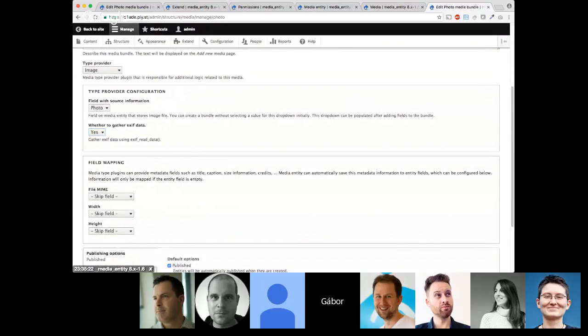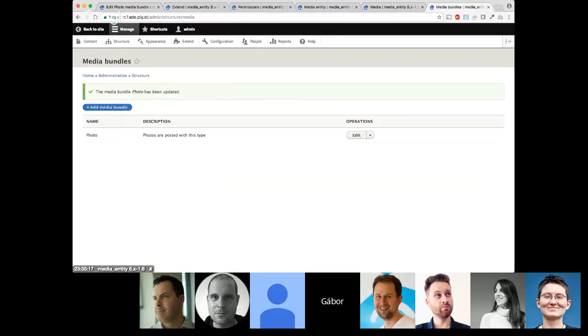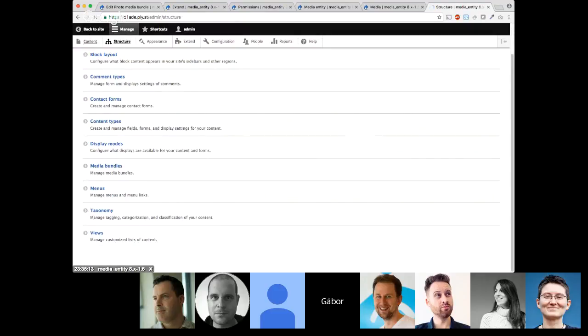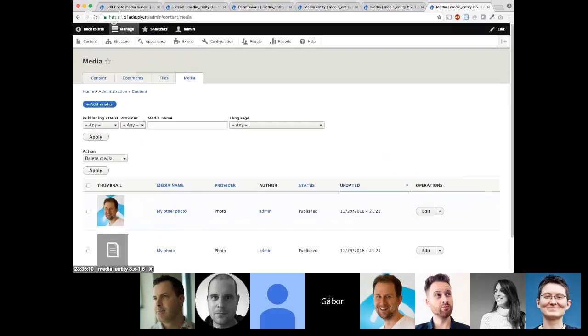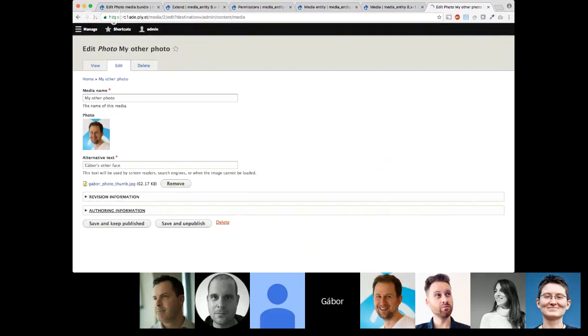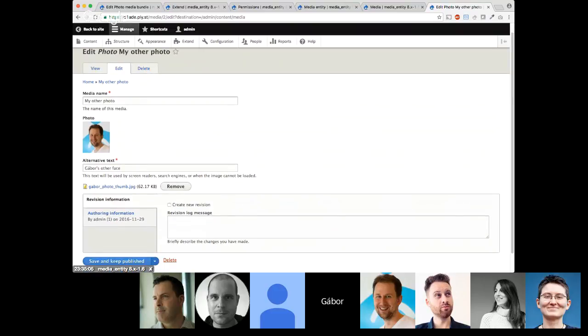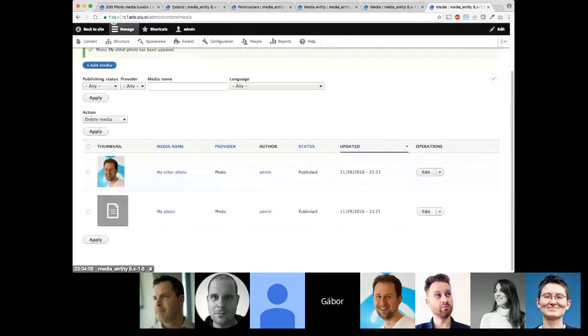Yes, collect EXIF data, and nothing happens. And then you say save media bundle. And then you go edit your content, and nothing changes there either. So no additional information here. Save and keep published. And now theoretically, this collected EXIF data,